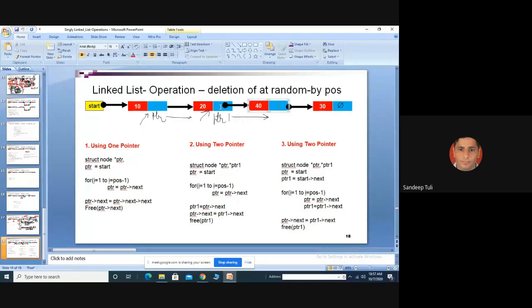Till then, you can write the code like in the last lab what we have done. Can anybody give me the idea? Sir, insertion and traversal of linked list. So have you done that particular code? I think I did not throw it as an assignment actually. I don't know whether you have done it or not. Today I am going to throw the same as an assignment also. So you just need to complete that. Okay.